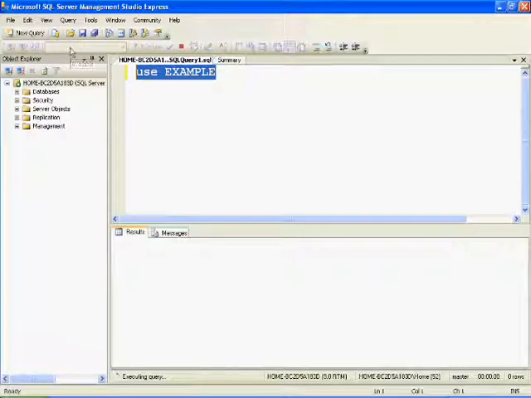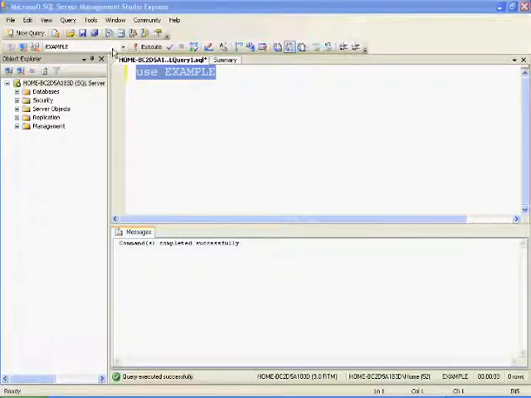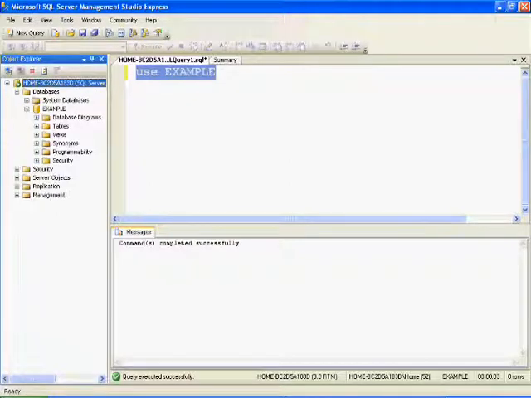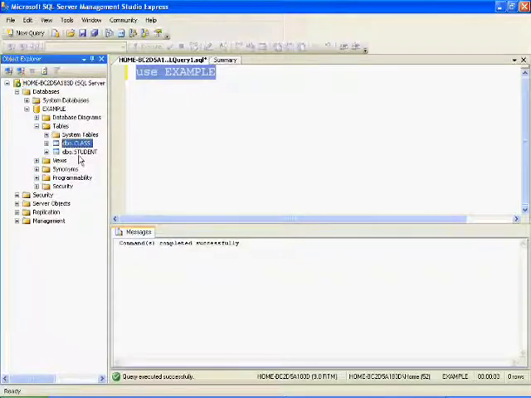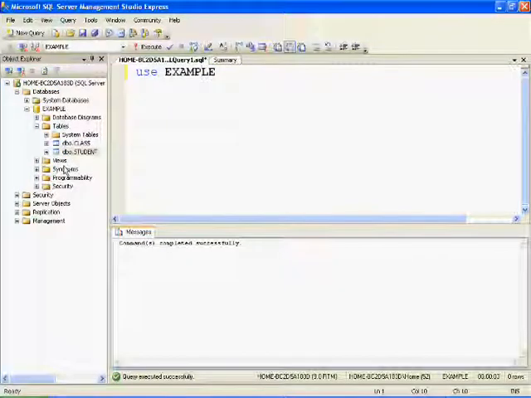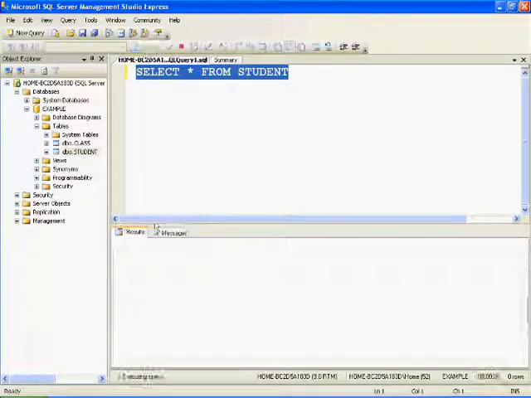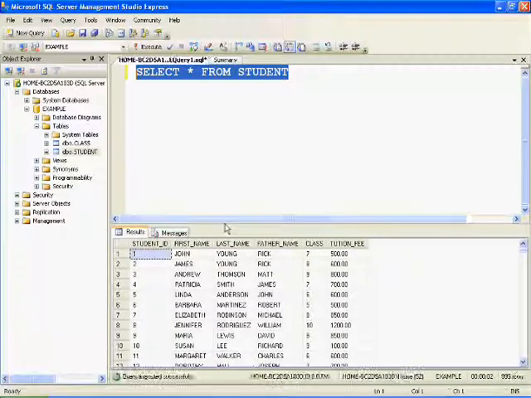Let's see the example here. First go to SQL Server Management Studio and then connect to the server. Then connect to the database whichever you want to use. Here I am using example database. In my example database I have two tables here. One is class and the other is student. We'll take the same example that I gave earlier. So first let me check what info I have in student table. Select star from student table. See, I have so many records.